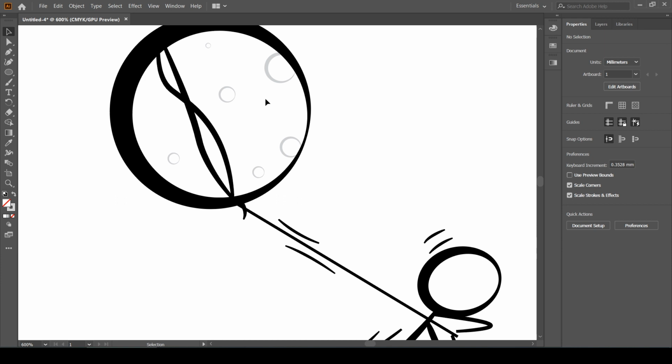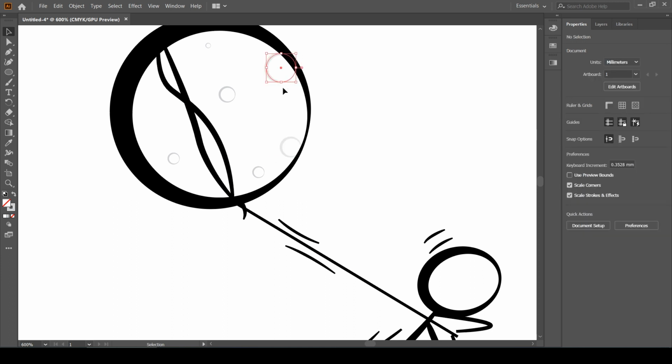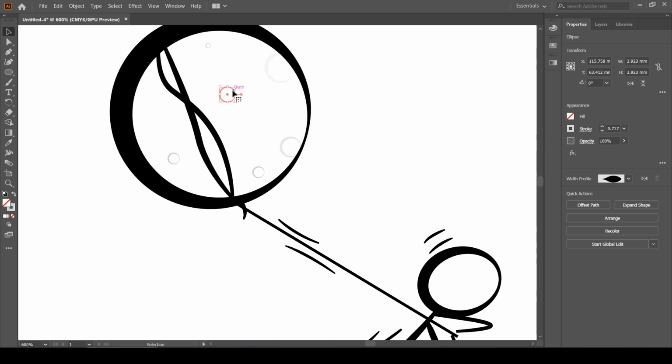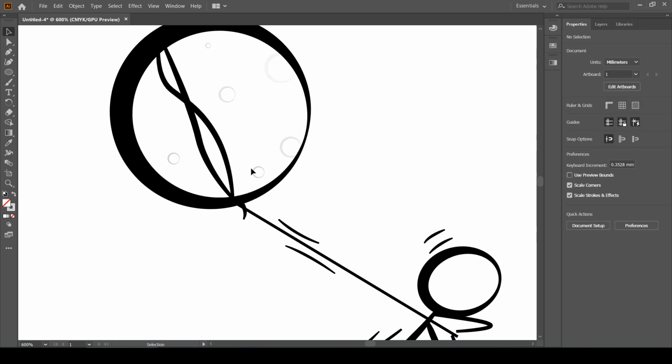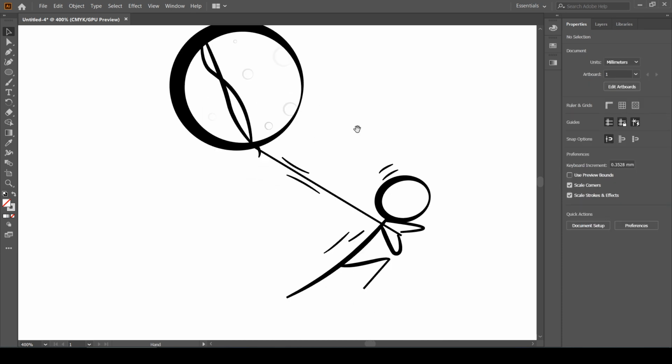Let's also change the opacity of individual circles to give it a little more character. Now we are going to create a ground plane for the character.